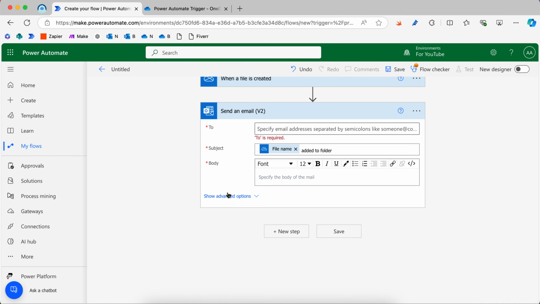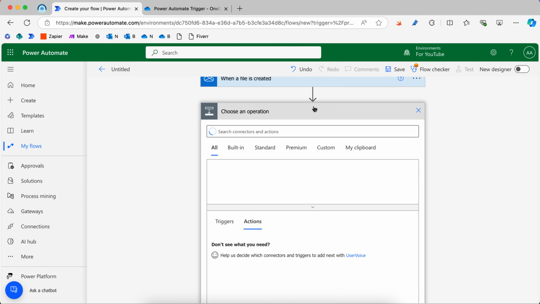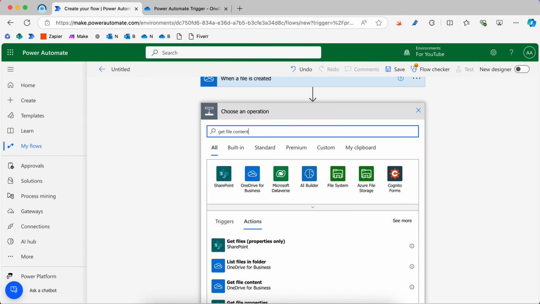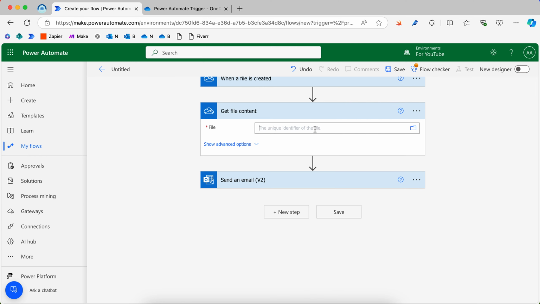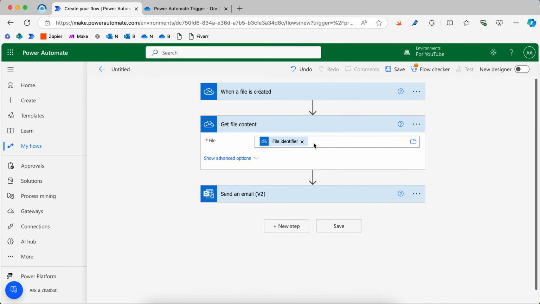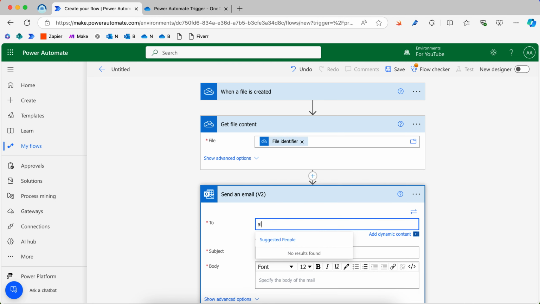So let's say you want to add that file as an attachment. What you need to do is click on the plus icon above it, because we need to get that file content before sending the email. So click on this and then search for Get file content. Use this Get file content. Now it's asking for a file identifier. When you click here, dynamic content appears. When a file is created, it also provides us with the file identifier. Click on it. Now, whenever a file is created, this gets triggered. This gives us the file content, and we can send